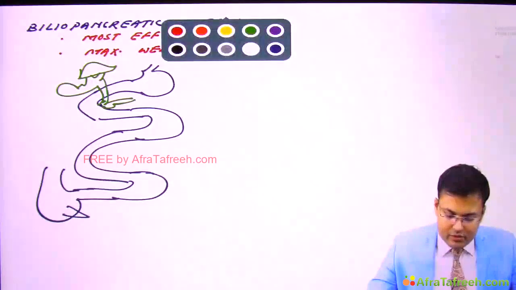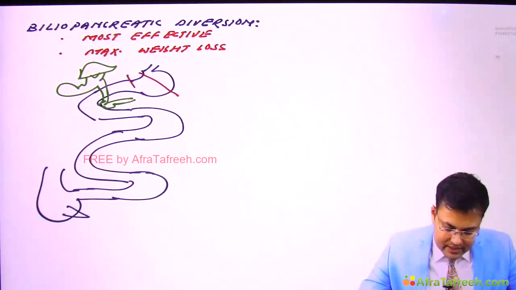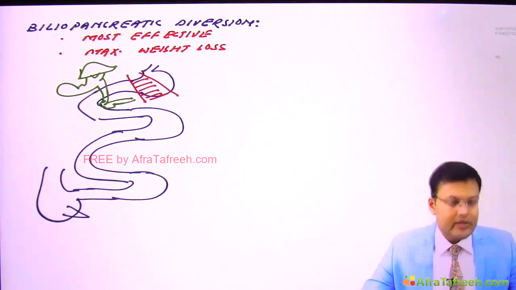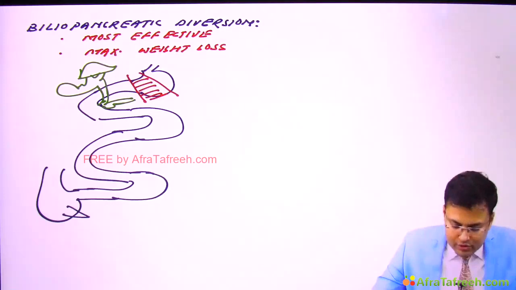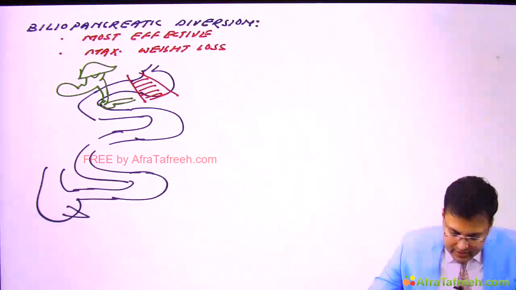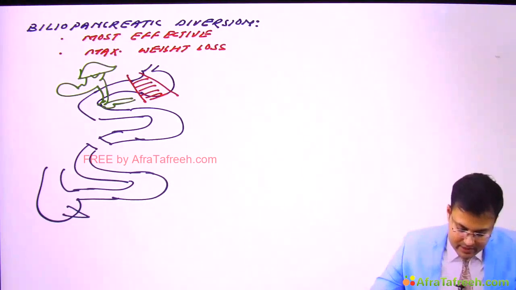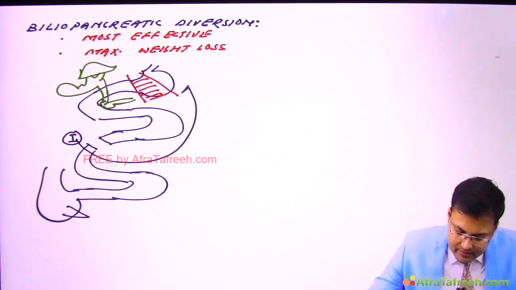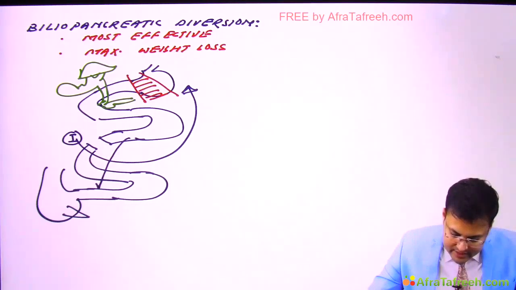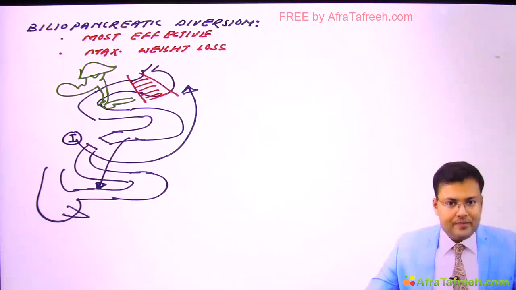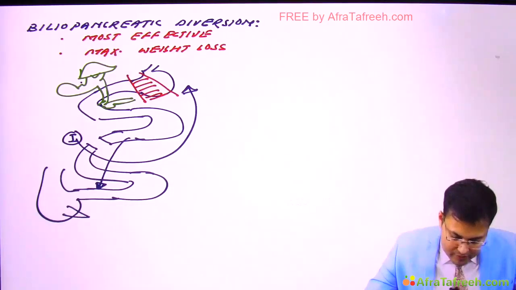First, we are going to perform distal gastrectomy. After that, you are going to divide the junction of the jejunum and ileum. Clear? So this is the jejunum and this is the ileum, and this ileum is taken where? To the stomach. And this jejunum is taken to the distal part of the ileum. Apart from this, I'm going to perform cholecystectomy and appendectomy.